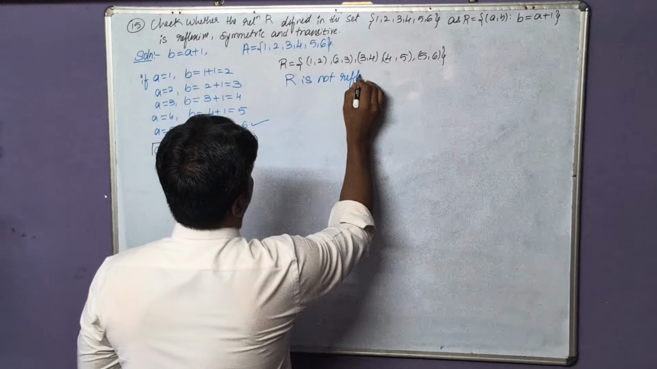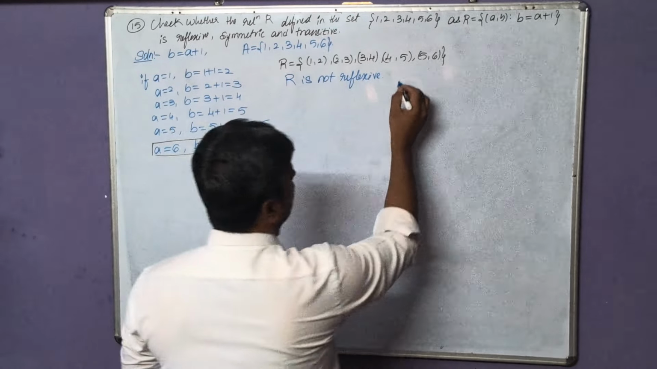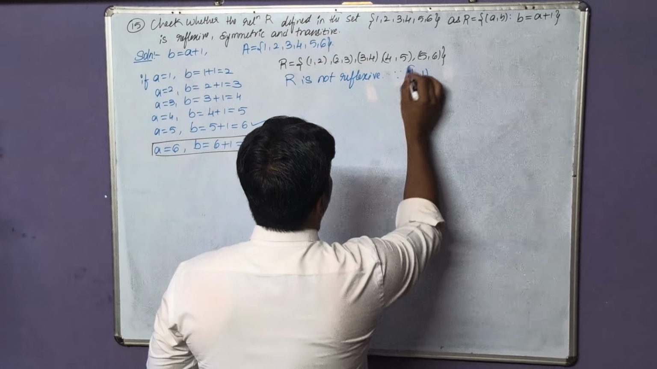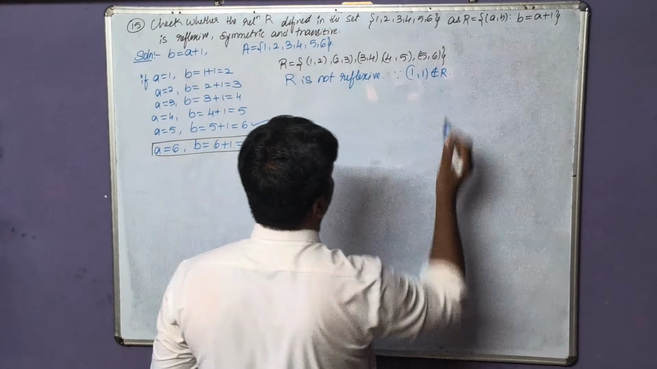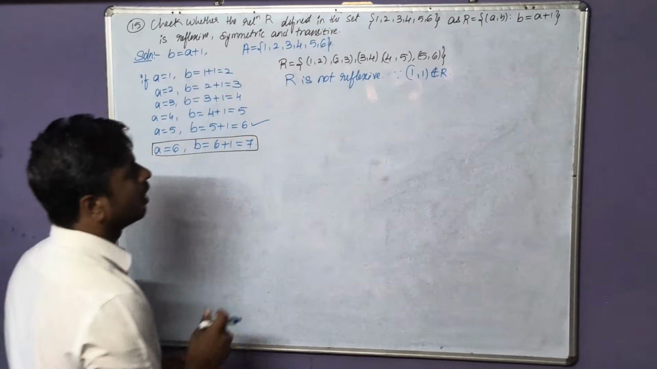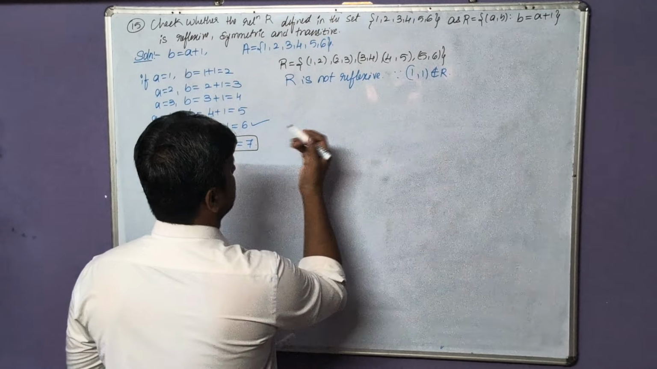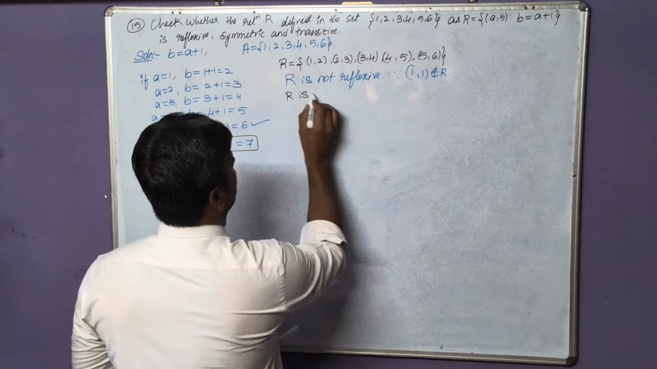As you can observe, we don't have identical ordered pairs for all the elements of set A. And I will give one counter example. Since (1, 1) does not belong to R, giving any one example is sufficient to say that the given relation is not reflexive. And moving to the next condition, that is symmetric,